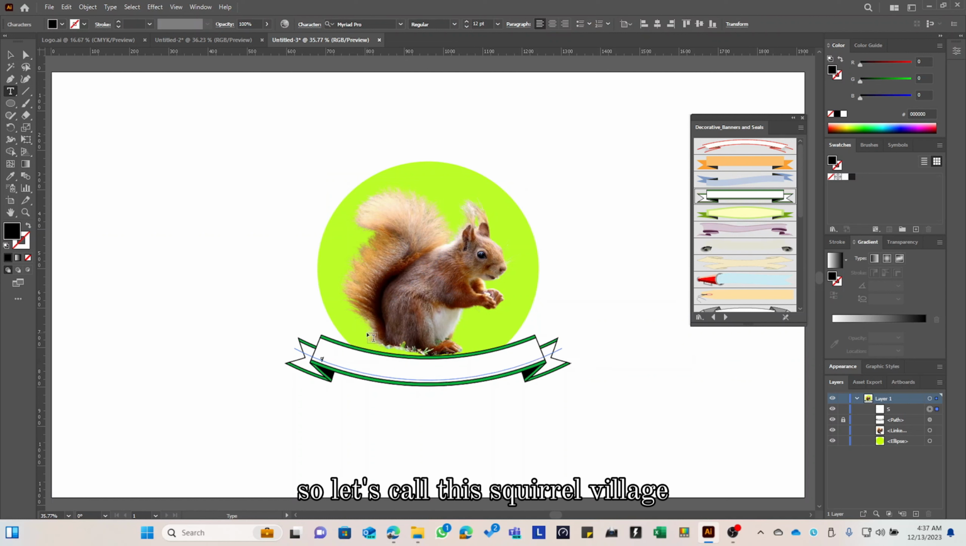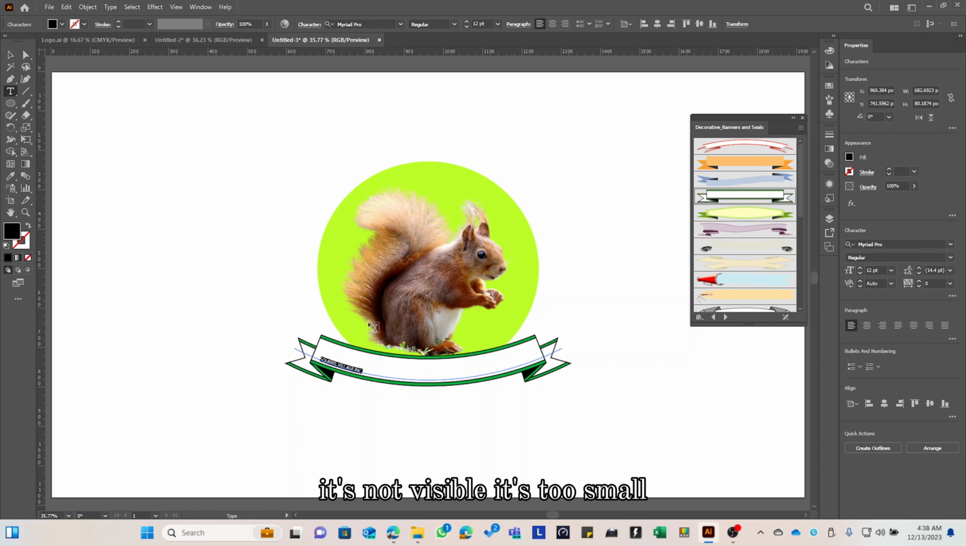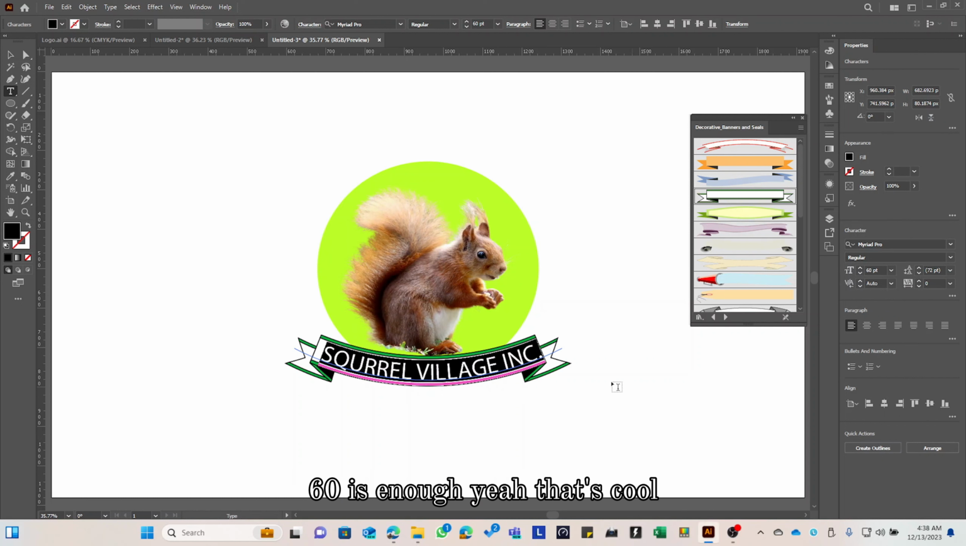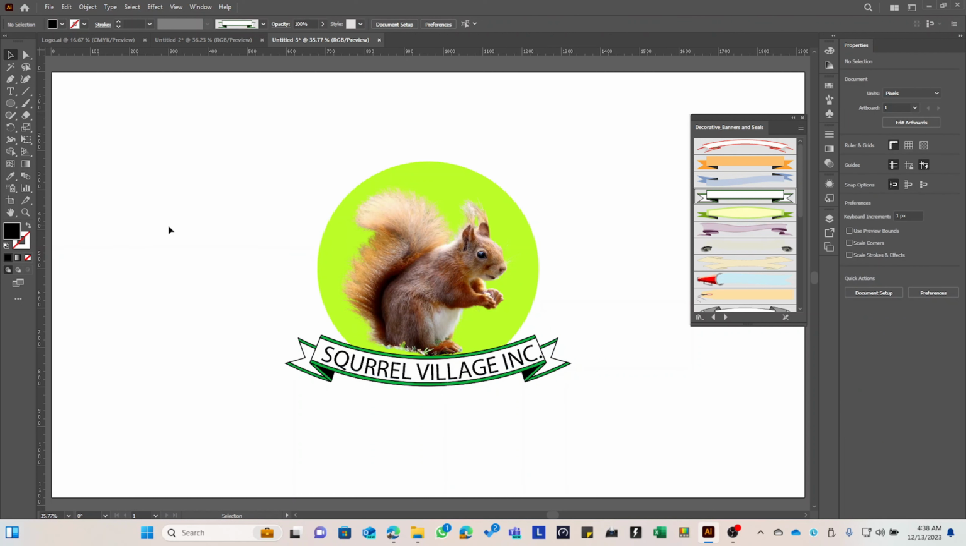So let's call this Squirrel Village Incorporated. Let's just call it Inc. So it's not visible, it's too small. I need it to be visible. So I'll say probably 60. 60 is enough. Yeah, that's cool. So automatically, voila. So this is just the basics of making a logo using an image from the web,